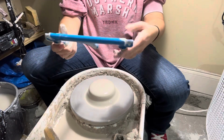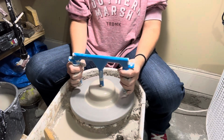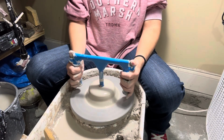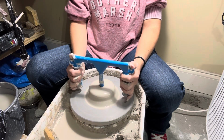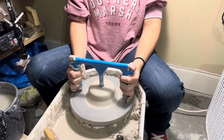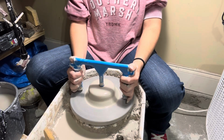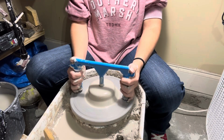Use my lovely new tool here. It's like best friend. So this is from Speedball, and basically it just helps you create this little center pocket without having to stick your fingers down into the center. And the way that it's made, it gives you maybe like a quarter of an inch. Once these outside handles hit the top of your wheel head, you know that you've got a quarter of an inch of clay